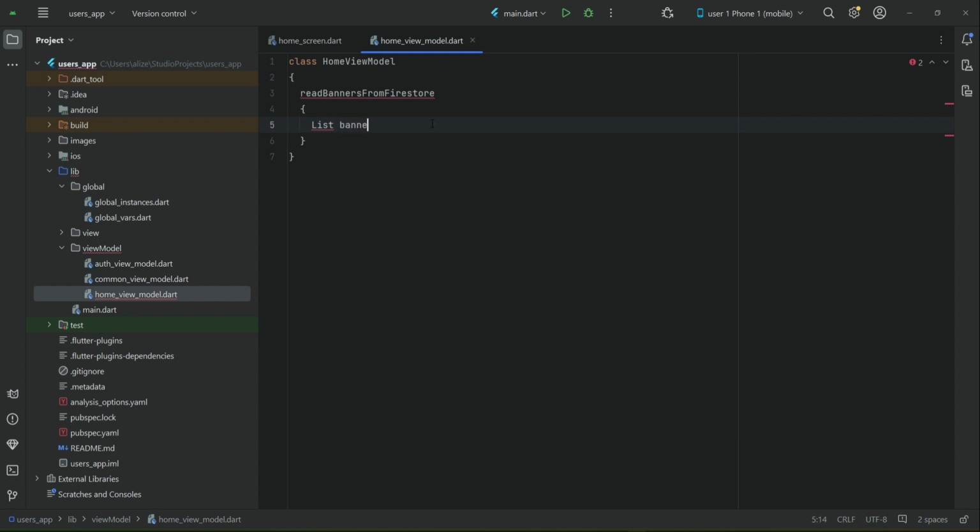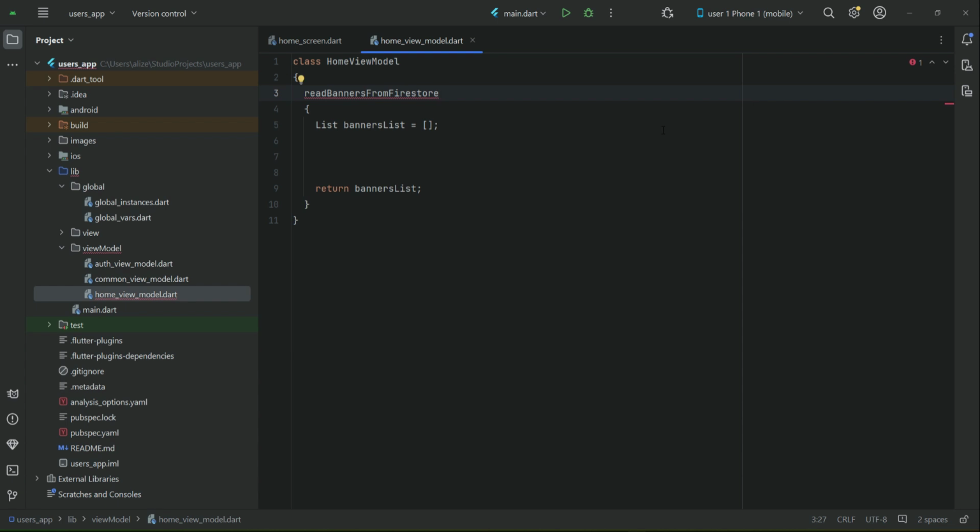We will give it the name banners list, and it will be an empty list, and this method will return this banners list. Now of course we have to retrieve the banners from the database, and then we will populate